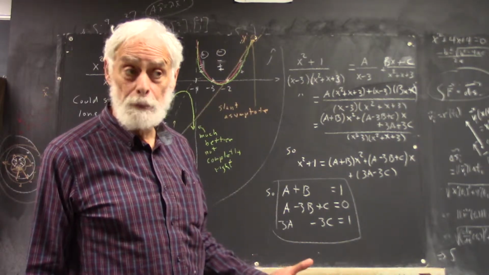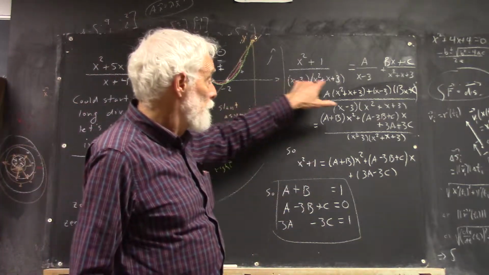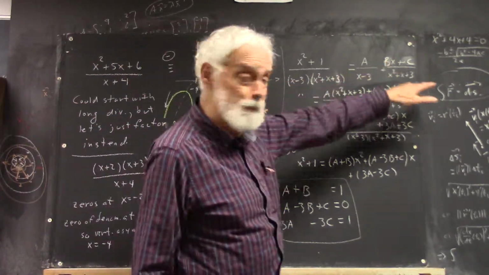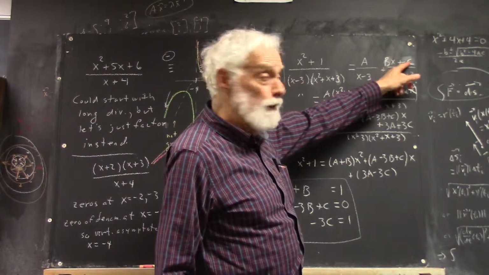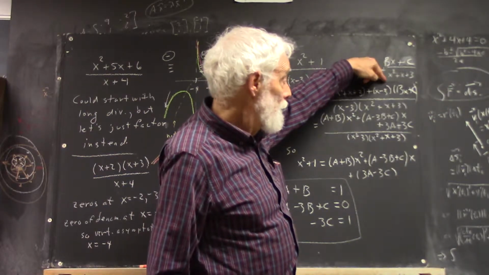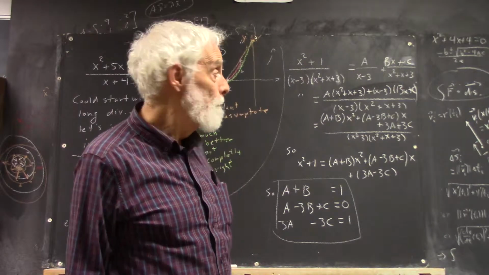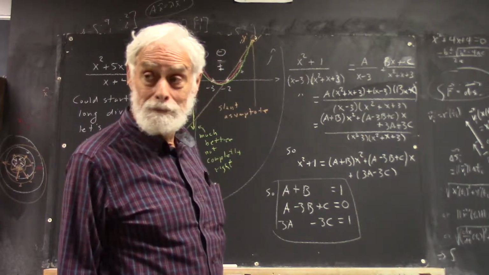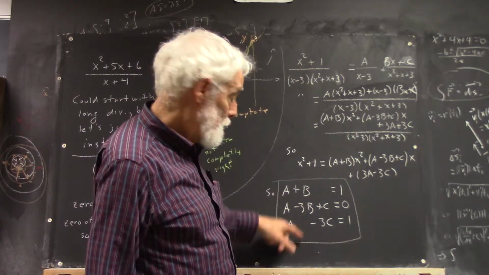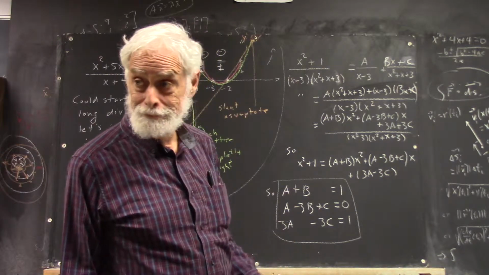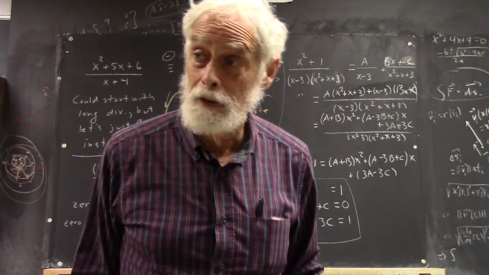It's really a pretty simple procedure. You factor your denominator, whatever the factors are, you do this. If you've got a quadratic down here, then you've got to have a linear up here. The degree of this has to be 1 less than the degree of this, right? That's all. And then you just write it down, do what you know how to do, separate out your equations, and solve them. I'm not going to solve them. We've been over solving systems of equations many times. But